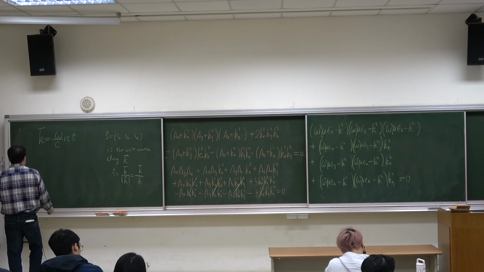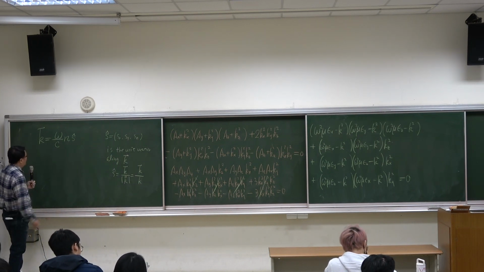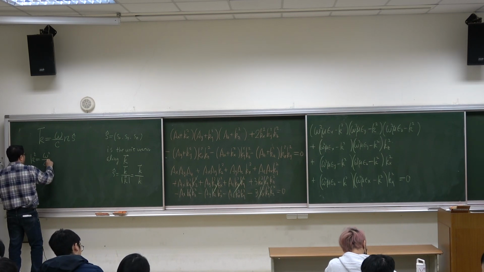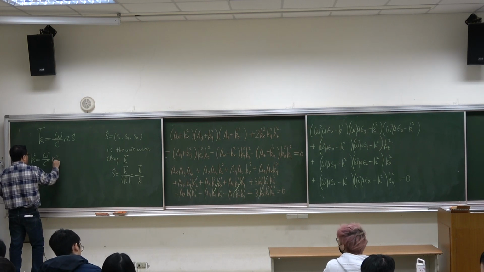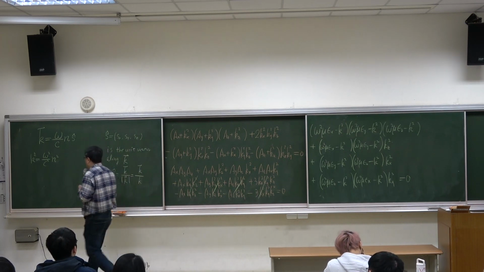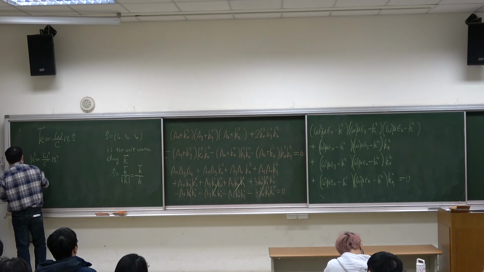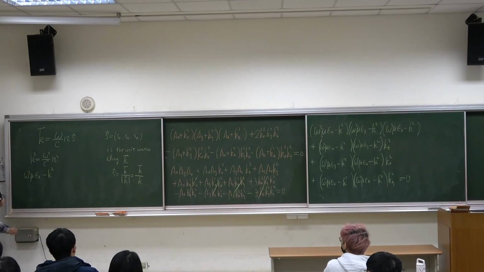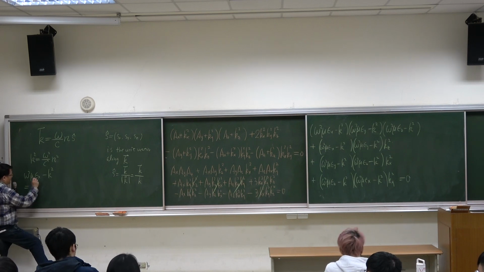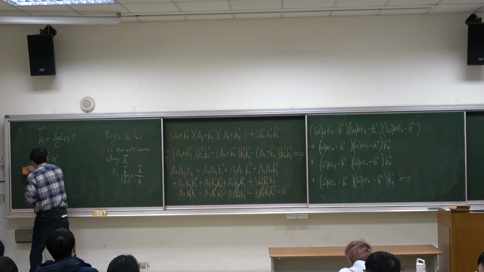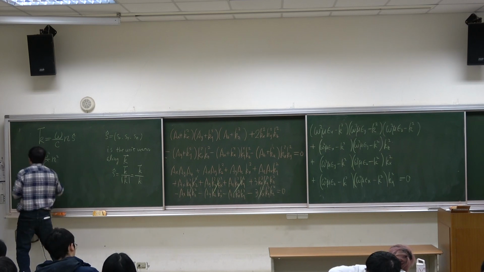So K squared is omega squared over c squared times n squared, because the length of the unit vector is just 1. And omega squared mu epsilon x minus K squared, what does this mean? This is equal to... here we need to define three more quantities. Define